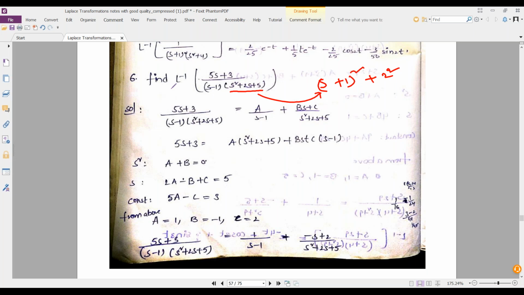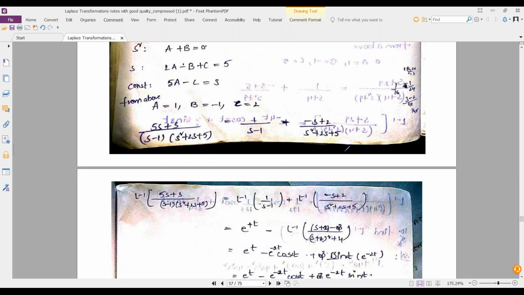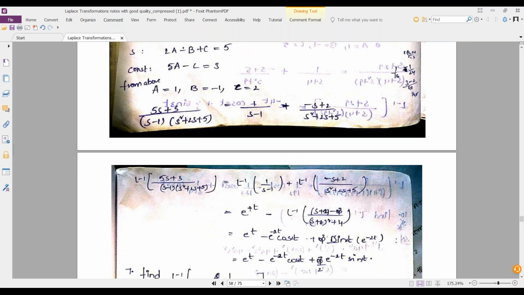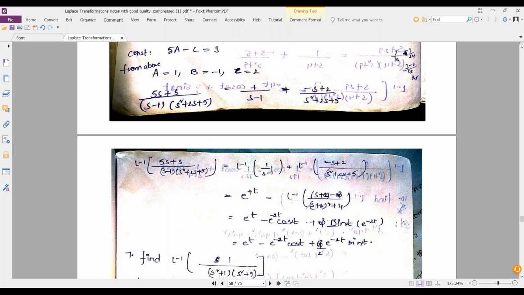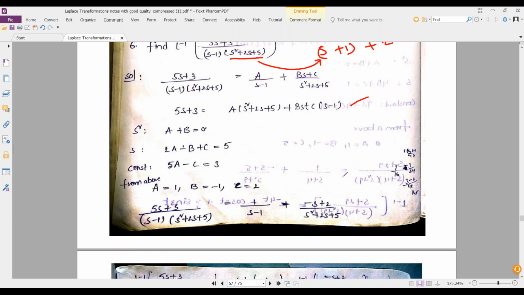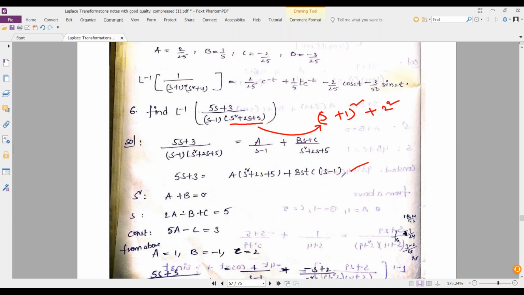As per that, equating the numerators after LCM and evaluating the coefficients. Minus (s plus 2), take the minus common here. It is not s plus 2, friends. It is s plus 1.